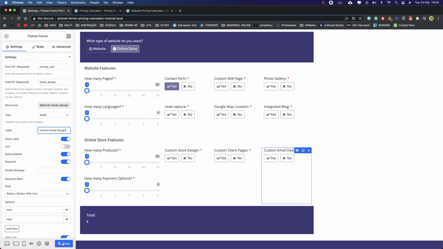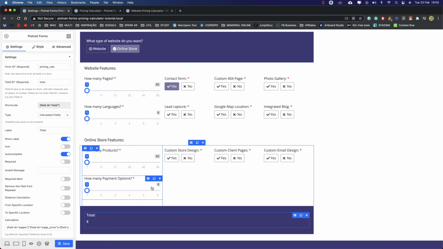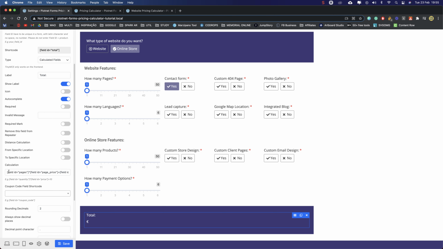Okay, let's save this, and now that we changed all the values, we just need to add these fields to our calculation. Let's add these multipliers first. Let's go here to the beginning and copy this multiply, one field to the next field. Let's go to the end of our calculation, add a plus sign and paste that over here.